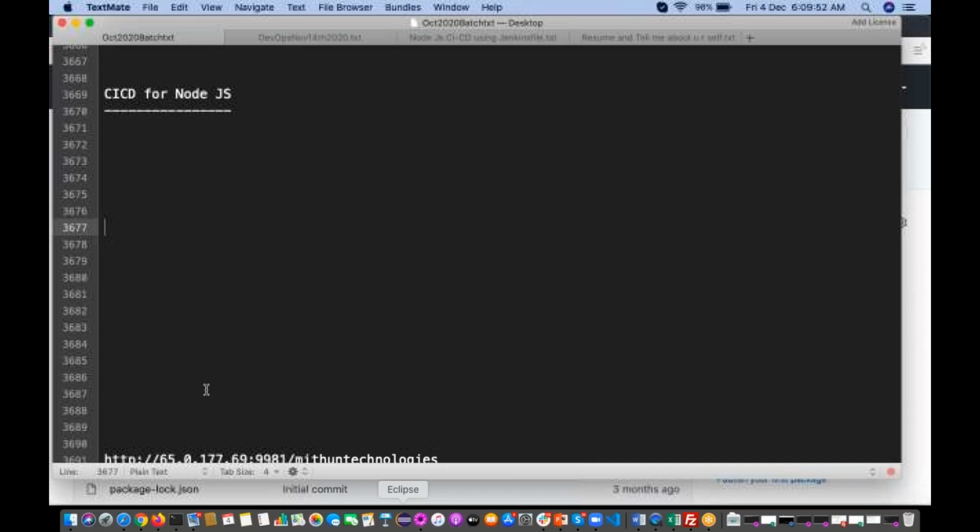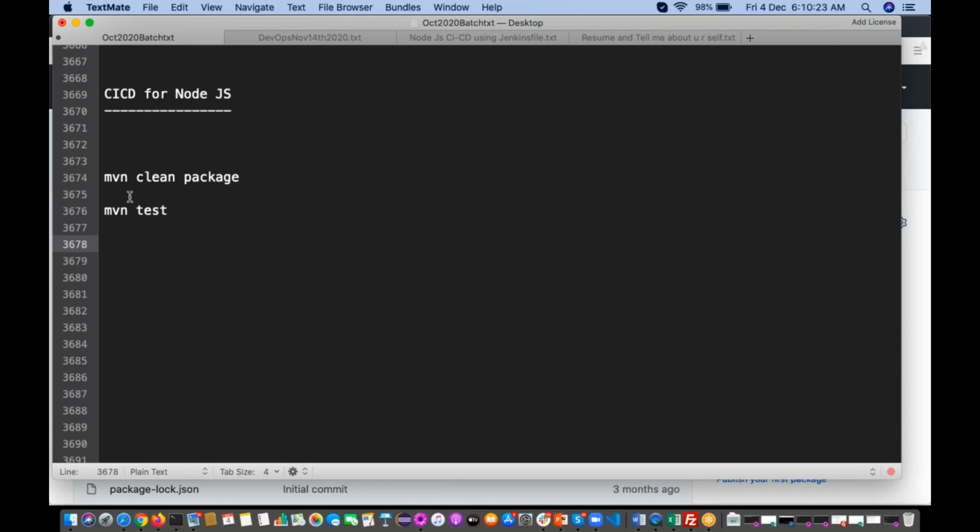If you want to do a build for your Maven Java project, what is the command? mvn clean package, right? If you want to run the unit test cases, mvn test, right?